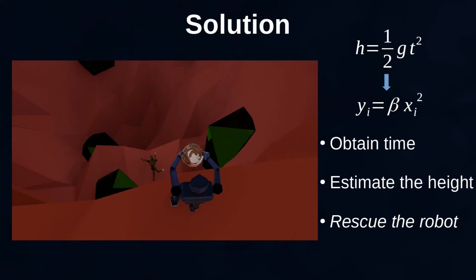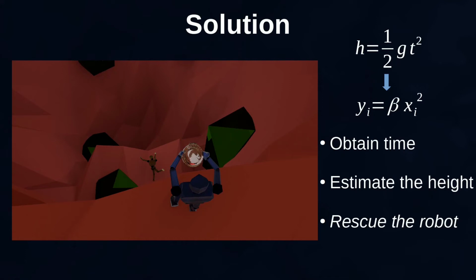Now we know the formula that we need to use to calculate the coefficients, and we have the time calculated by the device for each drop as an input and the related height as an output. We can see that the free-fall formula is a specific case of the equation shown before with p different exponents and the intercept. In this case, there is no intercept and there is only a single coefficient, which multiplies the input x squared. And that input is the time, and the output y is the height.